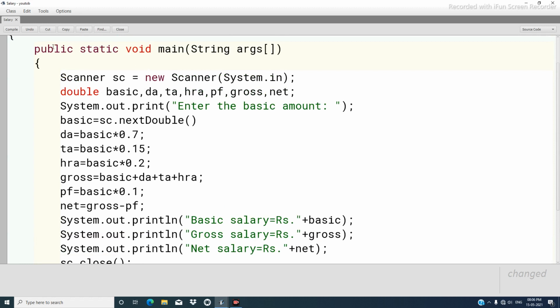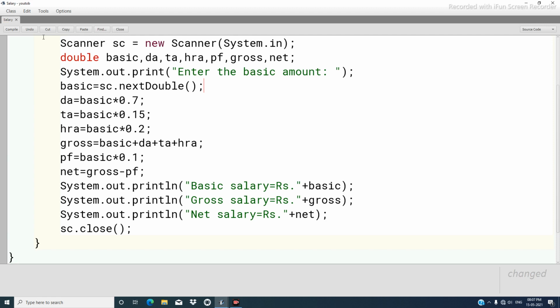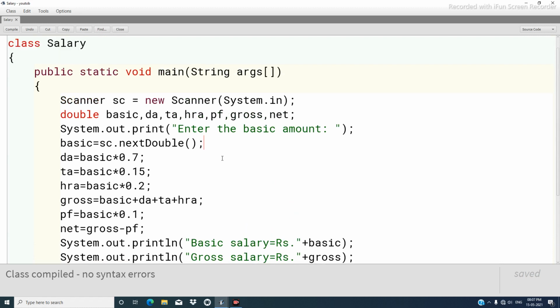And now let us find out whether it compiles or not. So we go to the compile button and click on that. Errors found. So what is the error? Okay, there is one semicolon which is omitted over here. So we put a semicolon over here, compile. This time you can see the message class compiled, no syntax errors. So when you compile a code and you make any mistake, it will indicate, and that was one mistake that we have not given the punctuation mark. So it has indicated this.